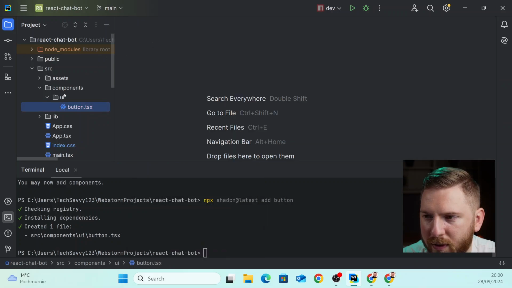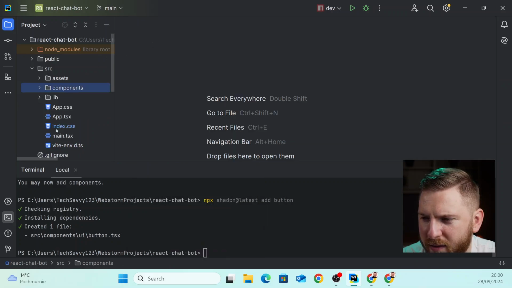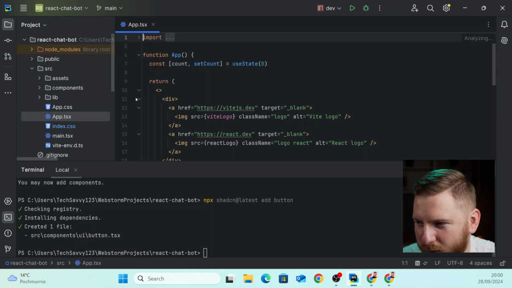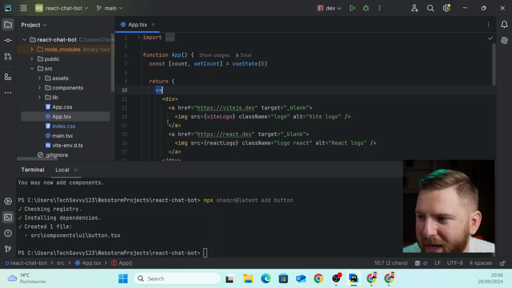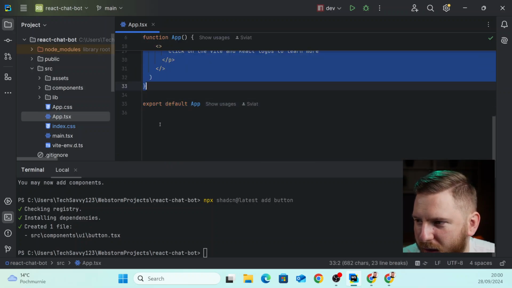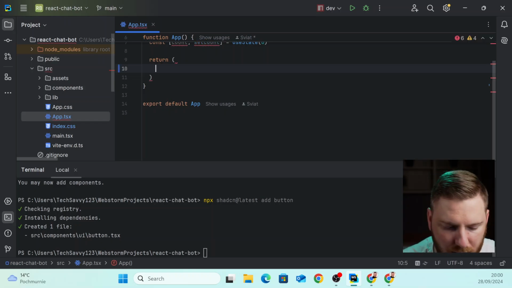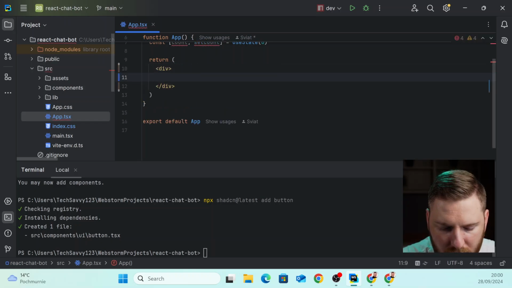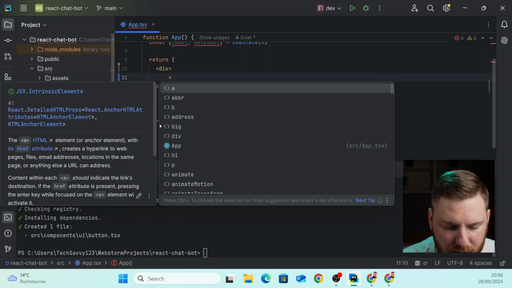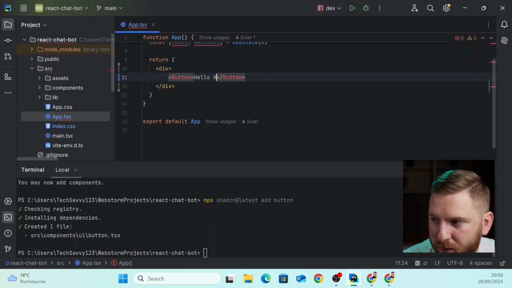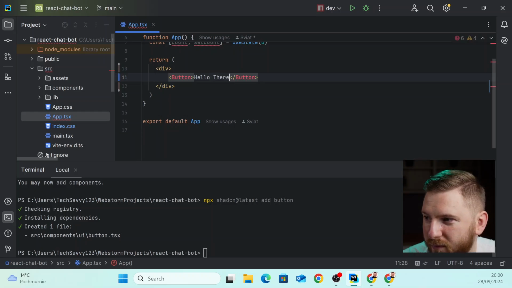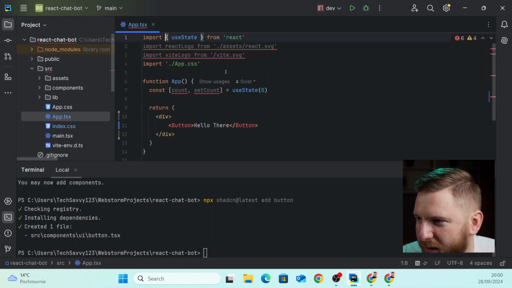Let's close all the files and let's try to use this component inside of our main page app component. So what we do, we just type button hello there, and